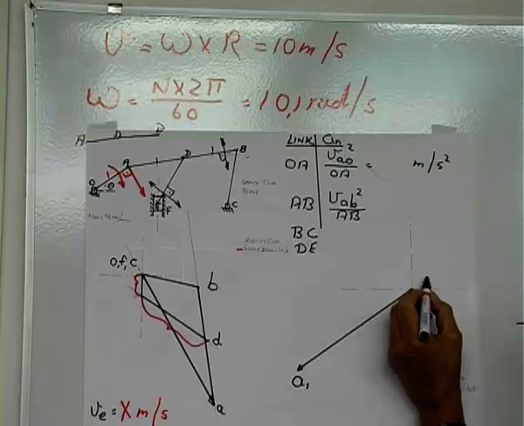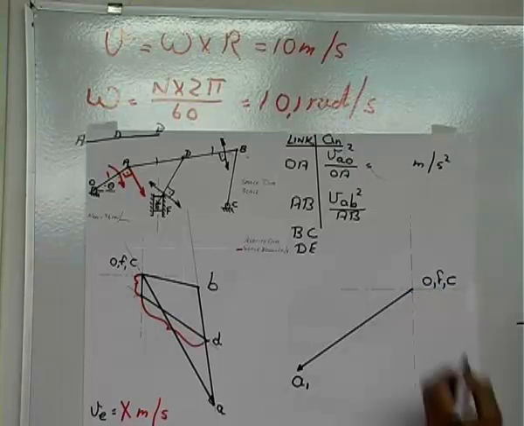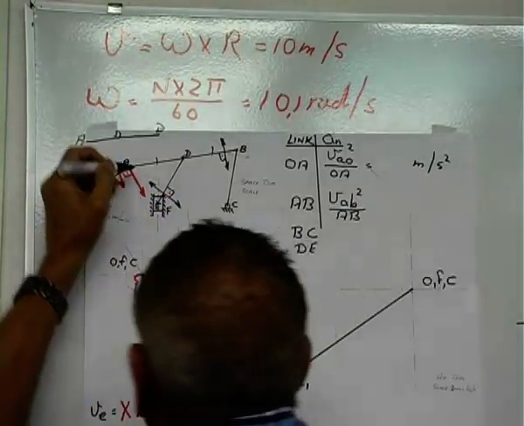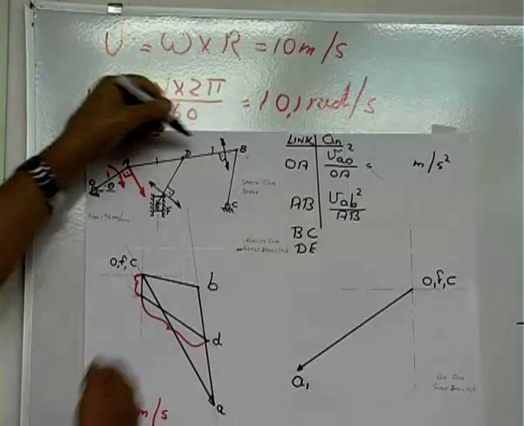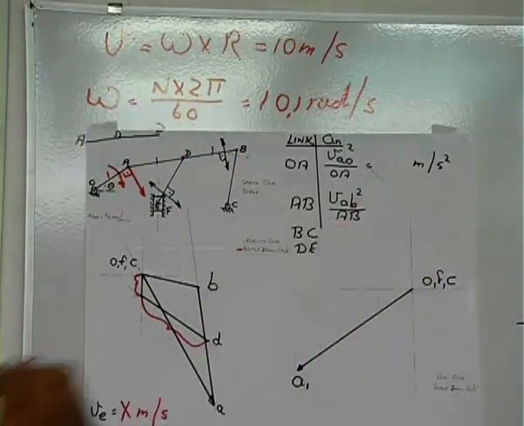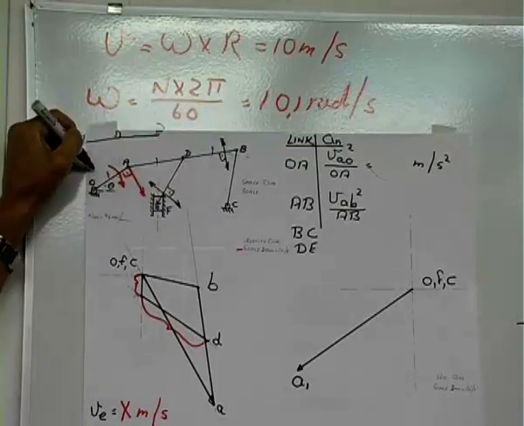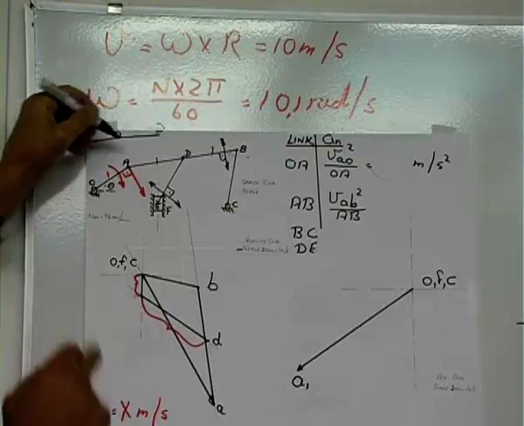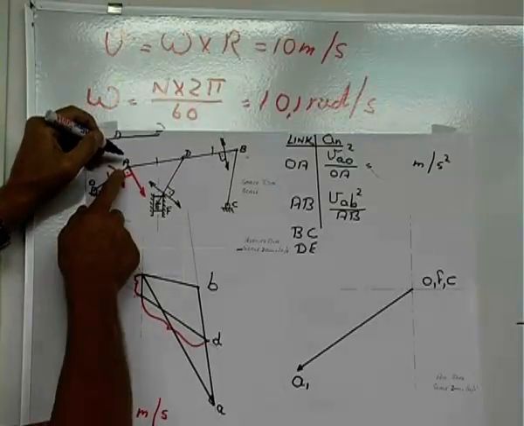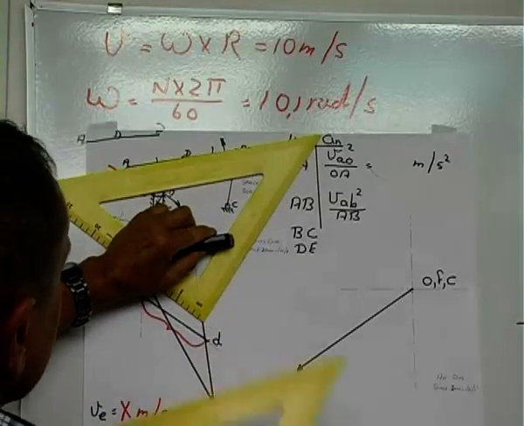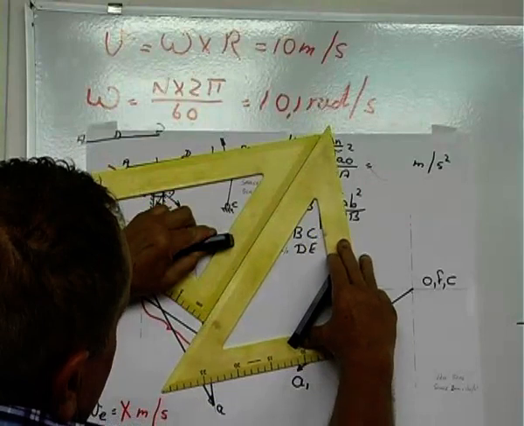Again, here is my base. It will be O, it will be F, also it will be C. The next will be to go and stand on A, observe B. It has a normal acceleration towards you, because this is now the center of rotation for link AB, for the purpose of constructing the acceleration diagram. Therefore, it will be towards you. We stood on A, so a line parallel to AB. Where is AB? That line, that one. One parallel to AB, through A,